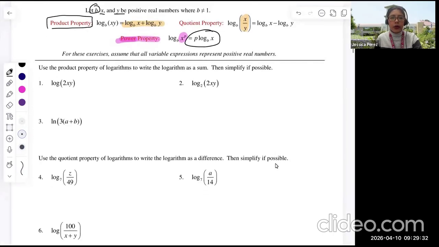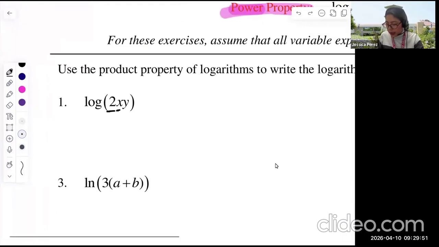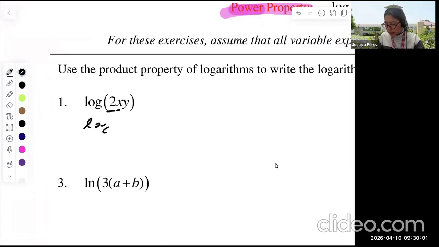So let's look at question 1. We are going to use the product property of logarithms to write it as a sum and simplify if possible. So notice I have log of 2, x, and y. The 2, the x, and the y are multiplying with each other. So then you can rewrite this as a log of 2 plus